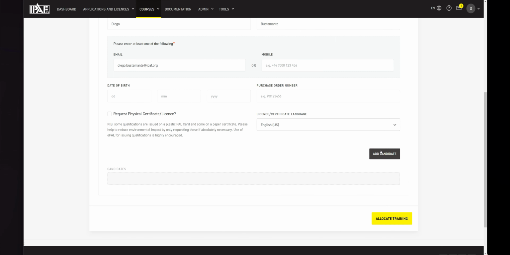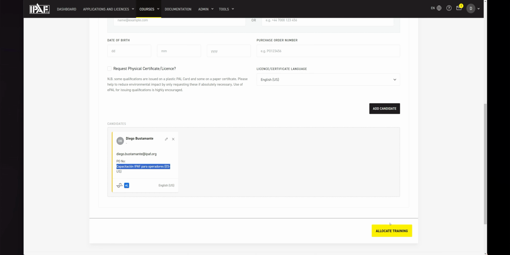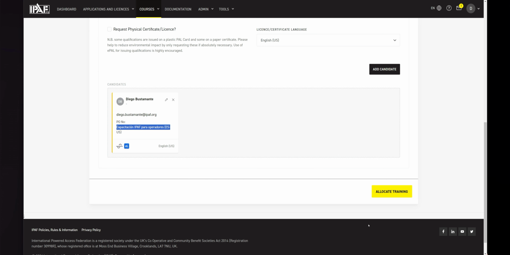You select the language of the certificate and add the candidate, and as you see here, it's now populated with Diego, who is going to get the MUPS operator course here. And after that, you just have to click allocate training, and then the student is going to get that